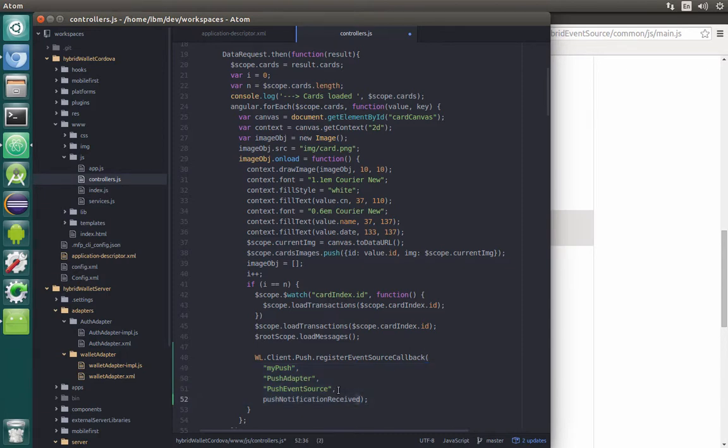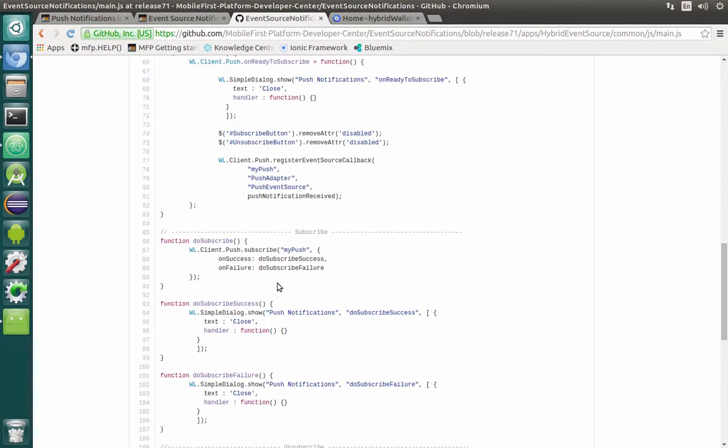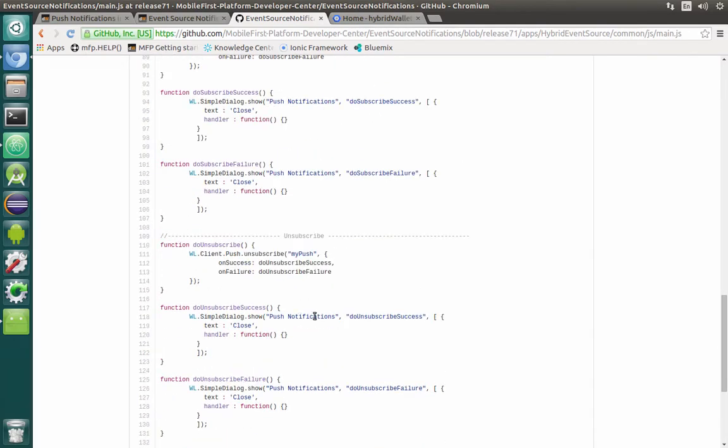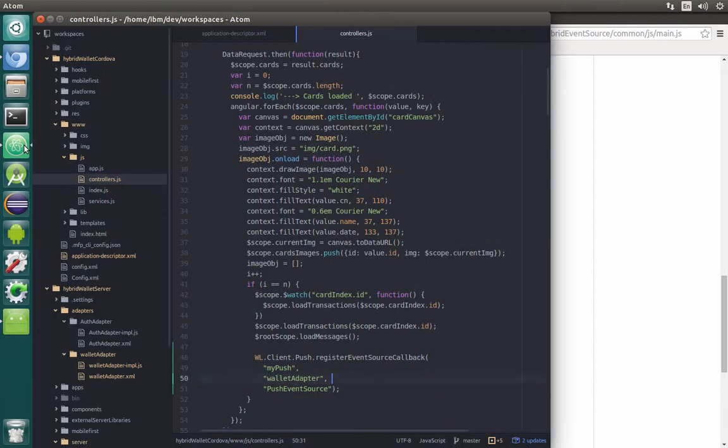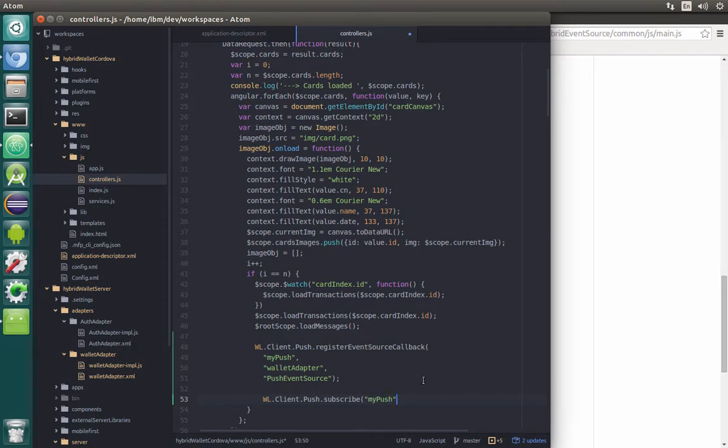We actually don't need even a function here. So our adapter is called wallet adapter. Let's remain the name my push. It seems okay. And then we will need to do a subscription itself. Subscription will look almost the same. We will need to provide just this token name, and we can do it right after we registered for the event source callback,